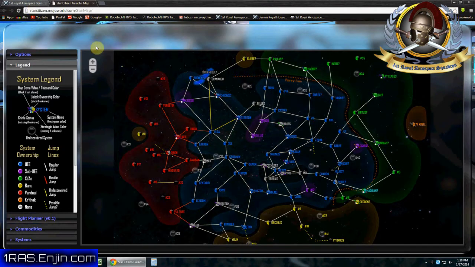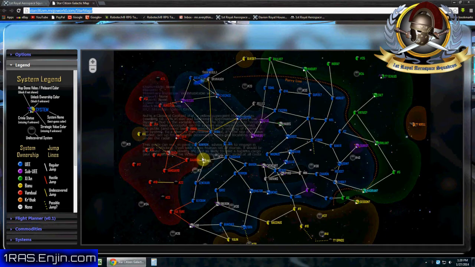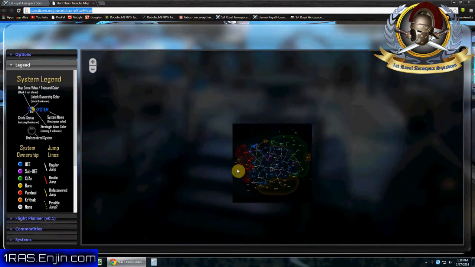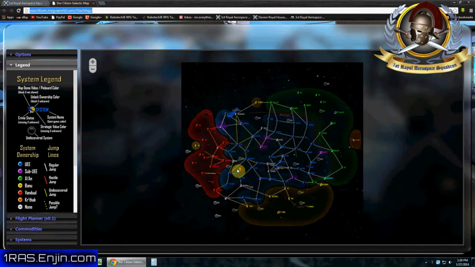Okay, and now this one is located at this address right here: starcitizen.mojoworld.com/starmap. If you go to starcitizen.mojoworld.com/starmap, you'll see this map right here, which you can zoom in and zoom out of. It's not three-dimensional, it's two-dimensional, but I'm going to tell you that that's really all you need. You can go full screen if you want,